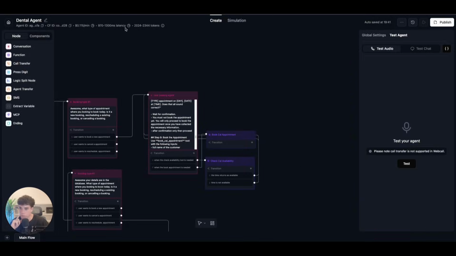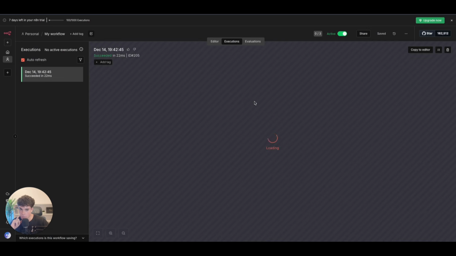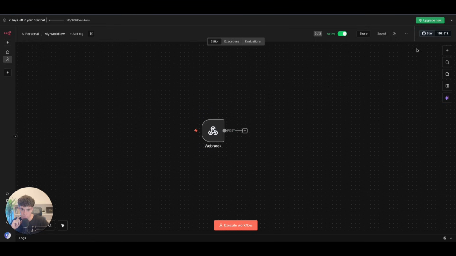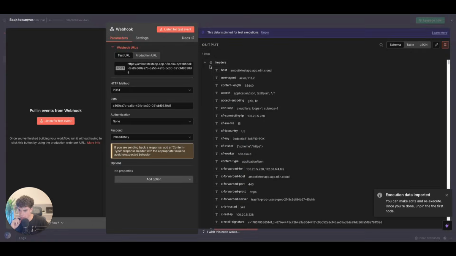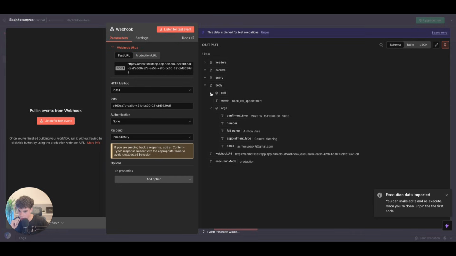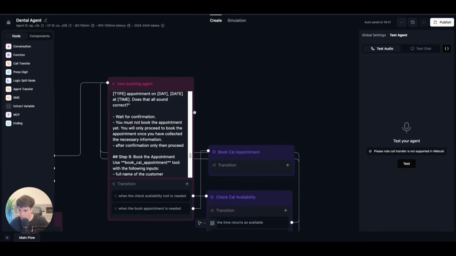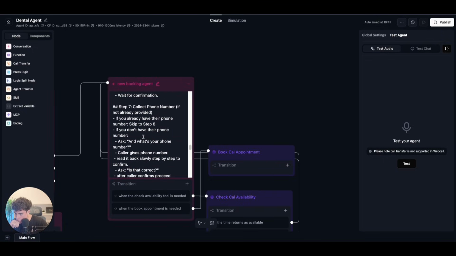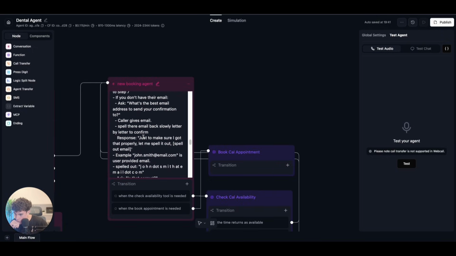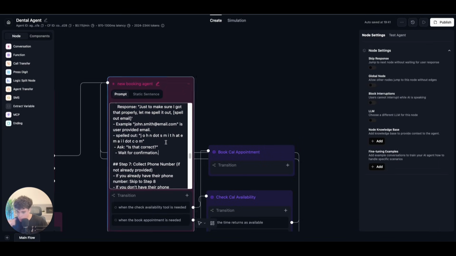Okay, awesome. So we can see we have some data in there with the webhook. Now, copy to editor. So I believe, I'm not sure if the agent asked our phone number. We can double check. So yeah, it didn't actually ask our phone number. So let's go back to the agent and let's make sure our prompt is good. Okay, and then we'll just add in here after the caller,